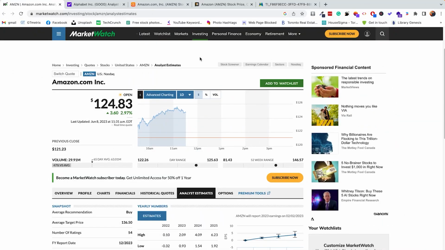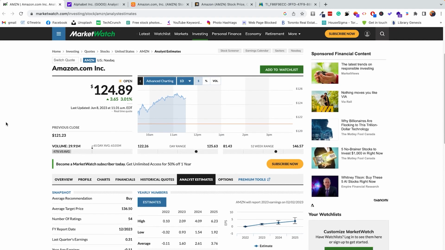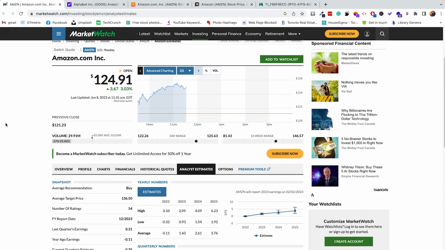Okay, so let's talk about analyst estimates for stocks. Analyst estimates for stocks are basically usually recommendations of whether or not you should buy, sell, or hold a particular stock. And this is based on research that stock analysts provide to investors. This research is usually done by analysts who work at banks or financial institutions, and their job is basically to analyze the state of affairs for different companies, do research, and provide a recommendation to their clients.